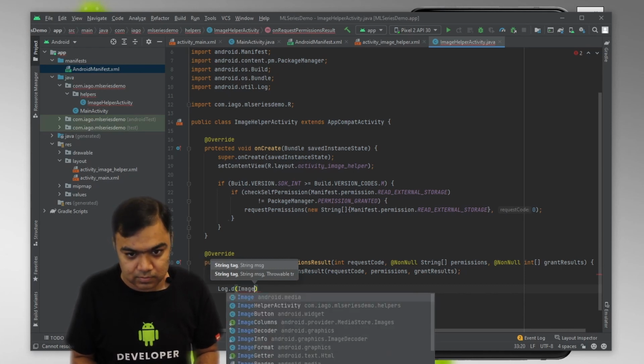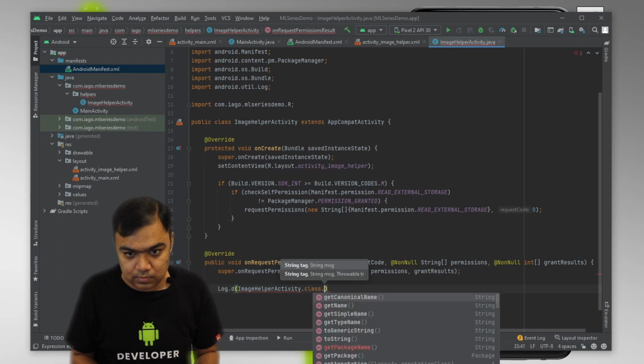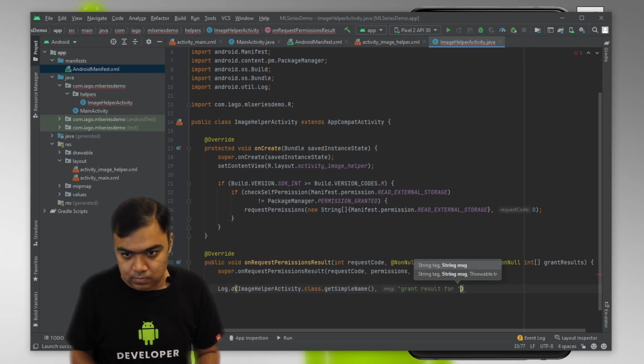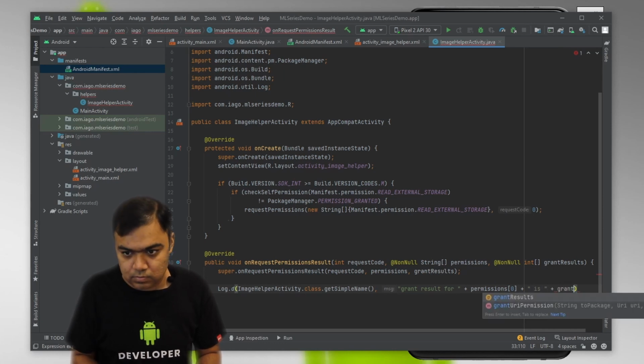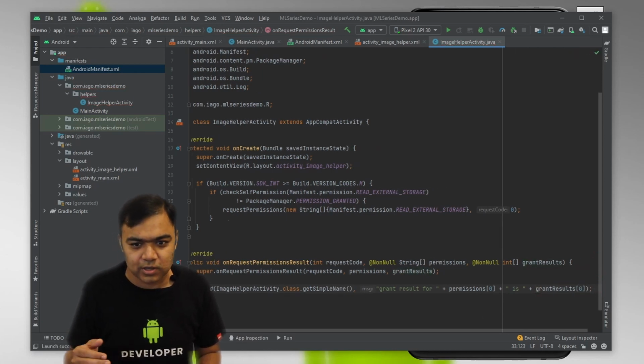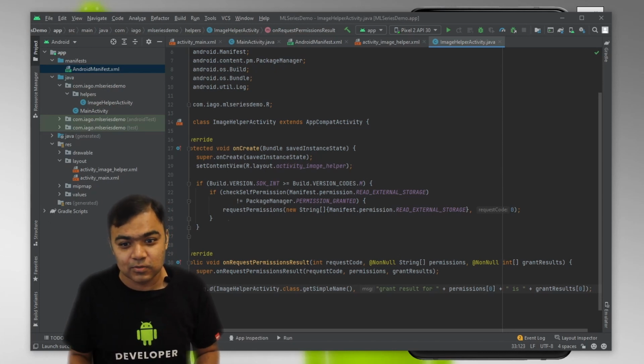So what I'm doing is I'm just logging in the callback what was the result, whether it was 0 or -1, and for which permission.